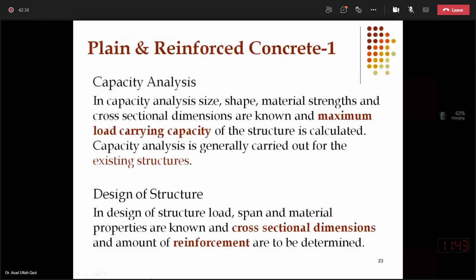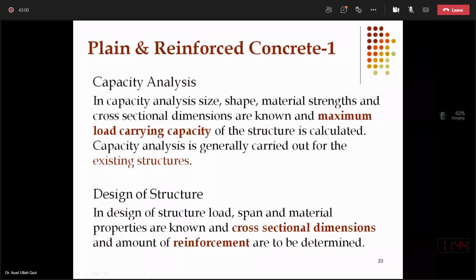While in design, in direct design, the question will be that there is a load, uniformly distributed or point load, and based on that load there will be some moment and shear force or torsion,